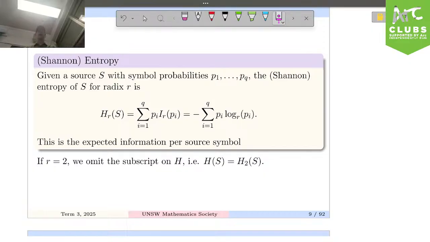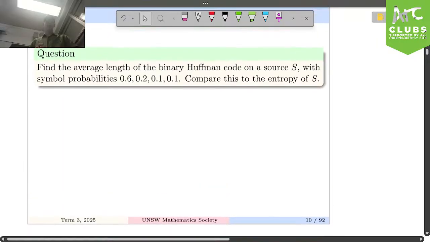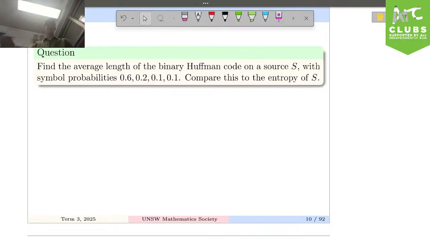Okay, so the entropy is a little hard to interpret, I suppose, but entropy is going to be the expected value of the information that we get. So it's a lower bound. We'll see in a second how much information we can carry in terms of our transmission. We'll talk about the link between the average code word length and the entropy in a second. First of all, you can do some computations just to remind yourself. So this will actually motivate what we'll talk about.